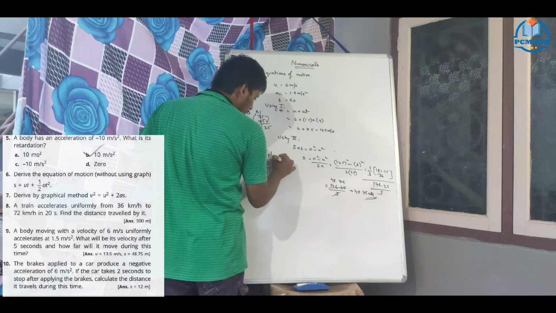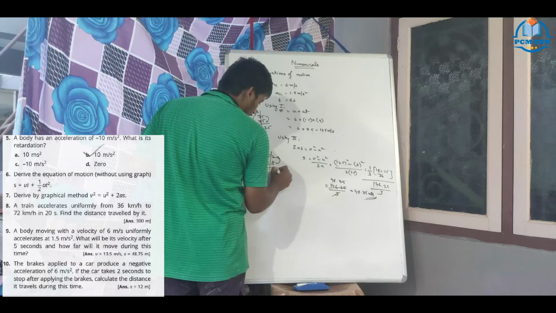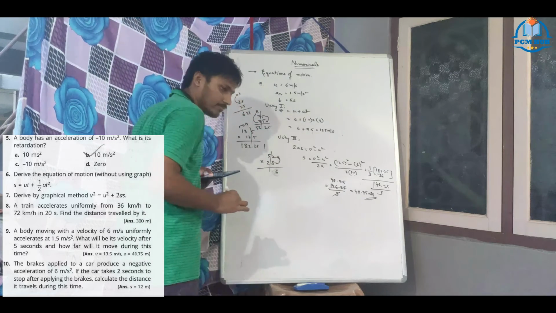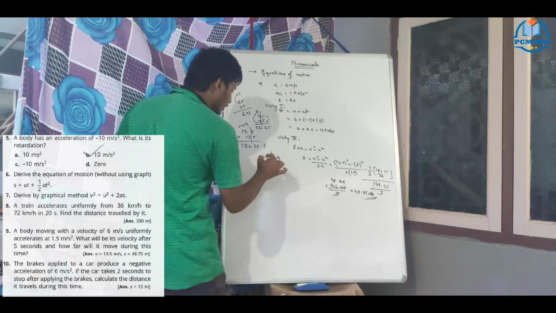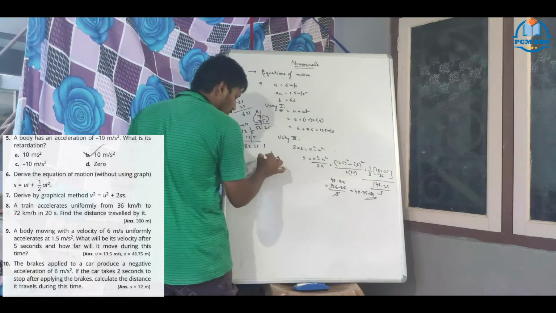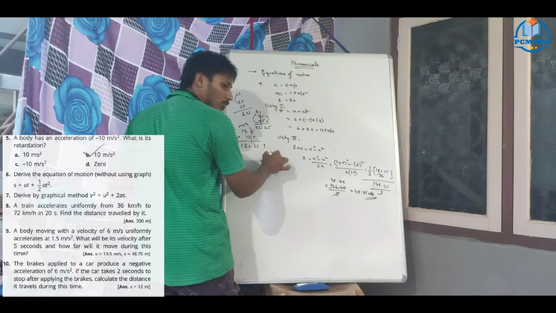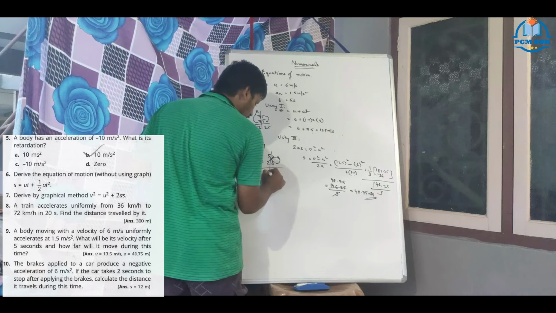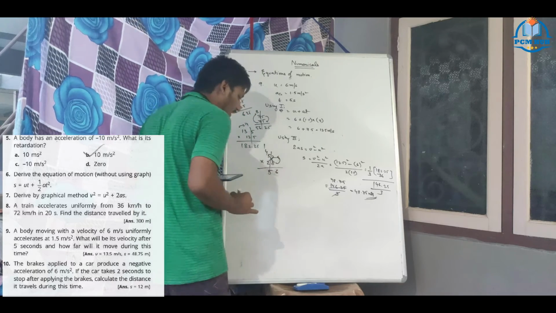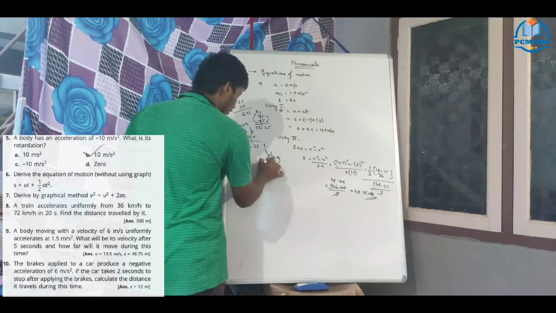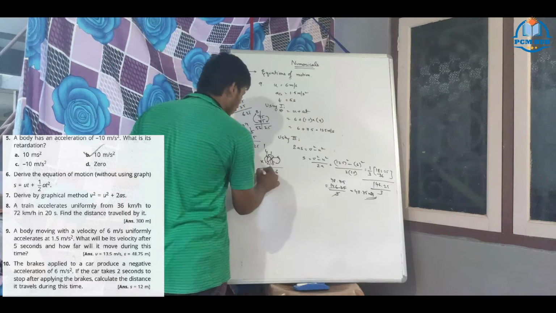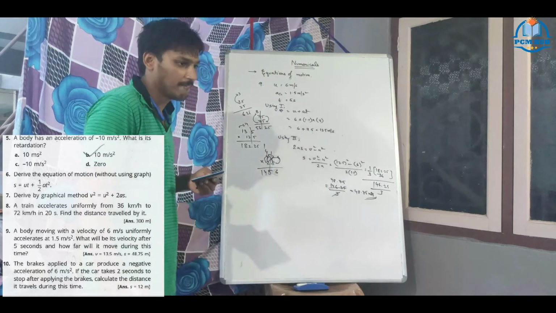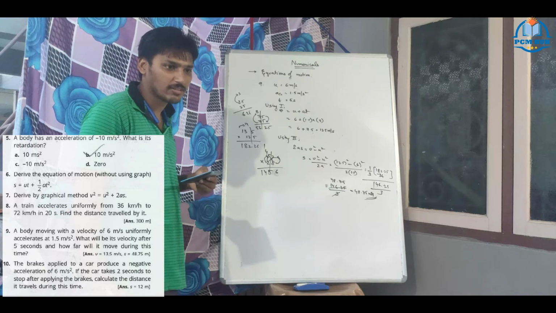8 twos how much? 16. So 16 means you write this digit 6 here, and 1 is carry. Next, 8 fives cross. You have to do the cross. 8 fives are 40 plus 2 fours are 8, that is 4. 44 plus 1 carry, 45. You keep 5 here, 4 is carry. Now 5 twos is 10 plus 4, 14. Okay, now you got the trick, no?